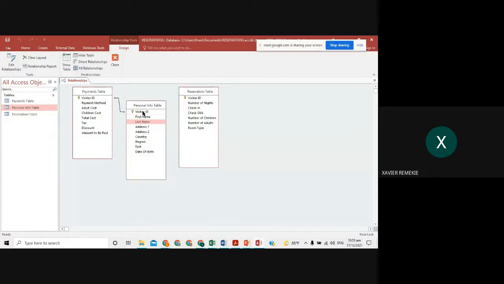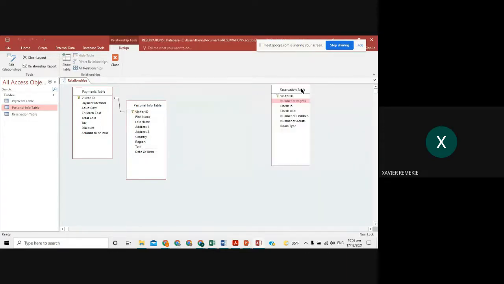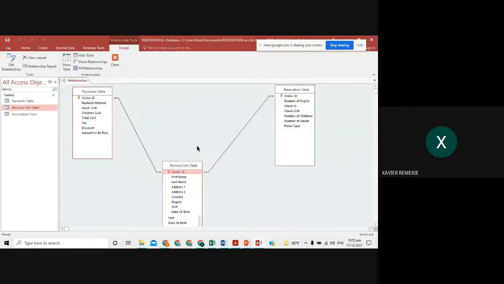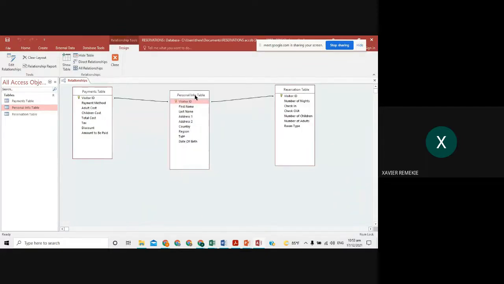All right. Visitor ID, to connect the visitor ID over here. So again, you just click on this, hold it, drag it over to visitor ID on the other side, and you create that relationship. So once that relationship is created, no matter what happens, it's not going to move, right? It's always created. So throughout our database, no matter what we do, it will always ensure that that is created. Otherwise there can be cross-referencing of data, which will create problems for you, all right? So once you do that,